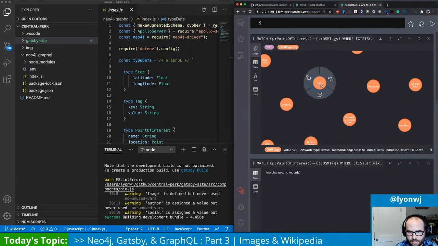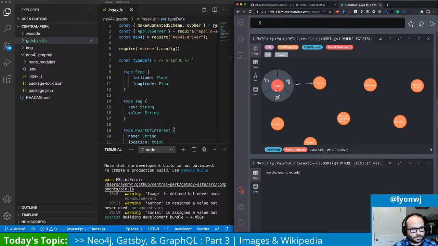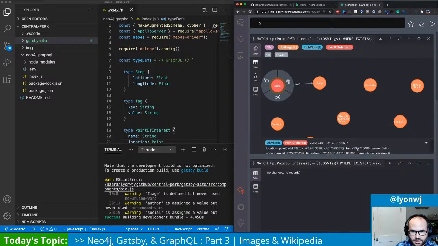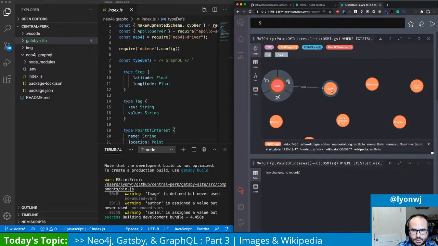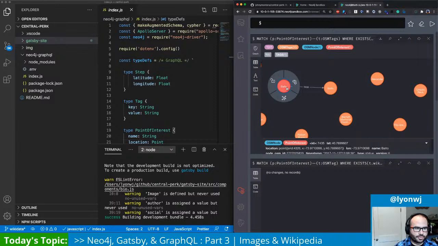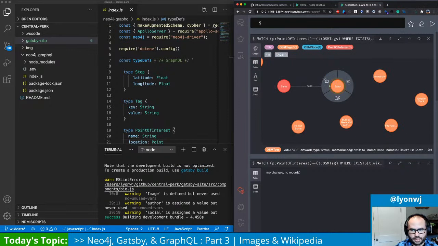So for example, remember we have our point of interest nodes, which are the representation of the OpenStreetMap node that has things like the latitude and longitude, the timestamp when it was created, that kind of thing that maps to the OpenStreetMap way that we can use for routing and things like that. And then there's a tags node that has arbitrary key value pairs with information for each point of interest. And so some of these have links to Wikipedia pages. So this is a statue of